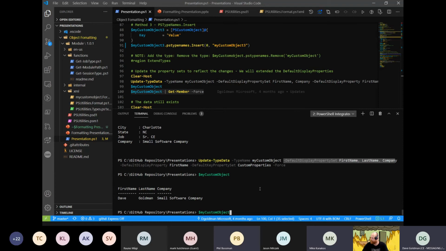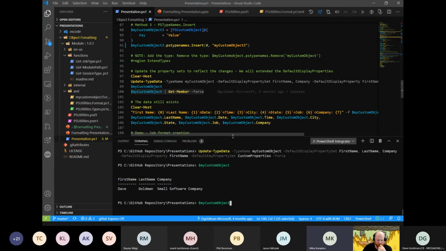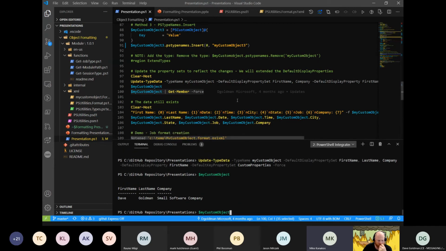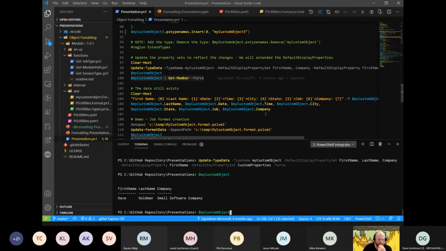So one of the things that I find interesting about this is that I do custom objects a lot when I make some functions to output basically a custom view, right? But I've always thought of a custom object as let me make the object be what I want to see on the screen, instead of, well, maybe I want to collect a whole bunch of data and let me just customize what people could see in the default view.